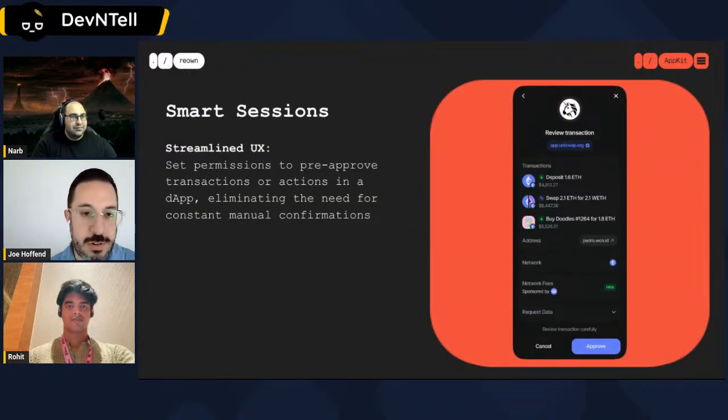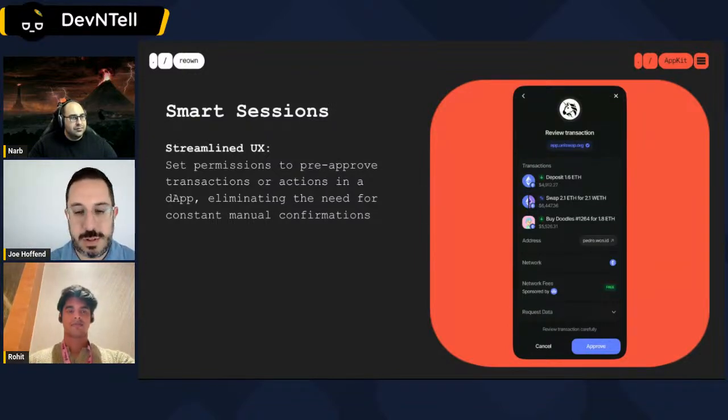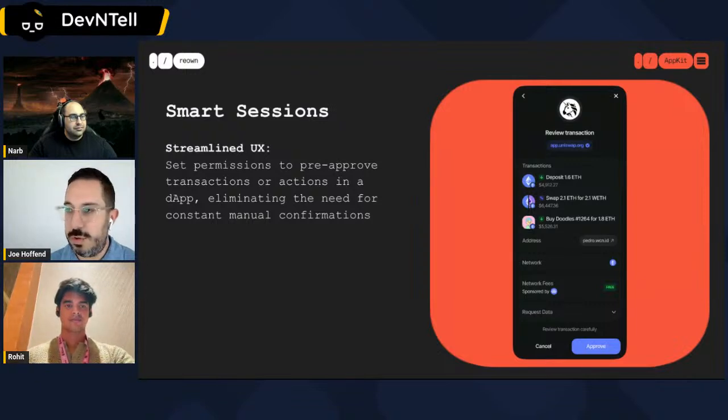Next one I'm particularly interested in. I think this is one of the biggest user experience unlocks that's happened in quite a while. So we're calling it Smart Sessions, and this is based on a new Ethereum standard. The number is 7715 for anyone that's curious or wants to look into it more. But basically what this does is where you as a user, you may want to have a certain interaction, or you as a builder may want to offer a certain type of functionality to a user, but it's quite literally just not possible today because of some of the limitations in how users can set permissions with different dApps to spend on their behalf.